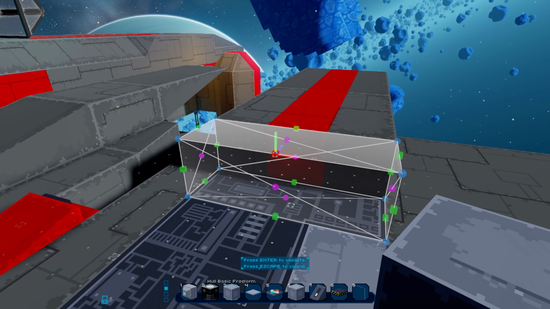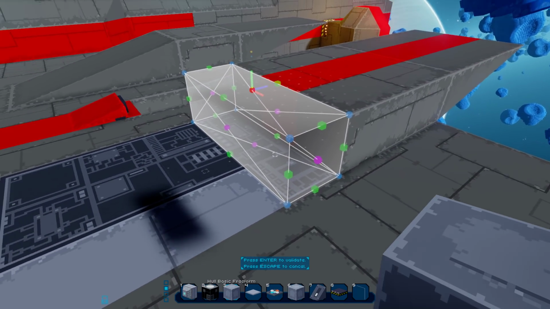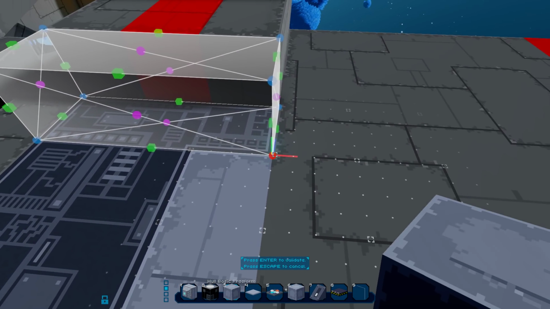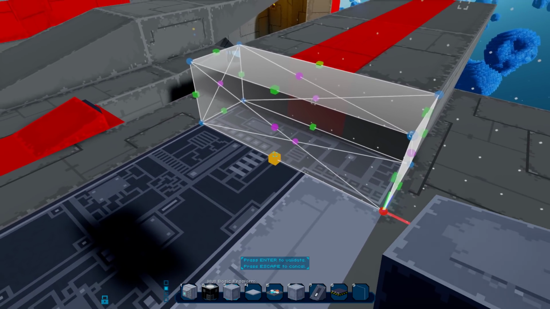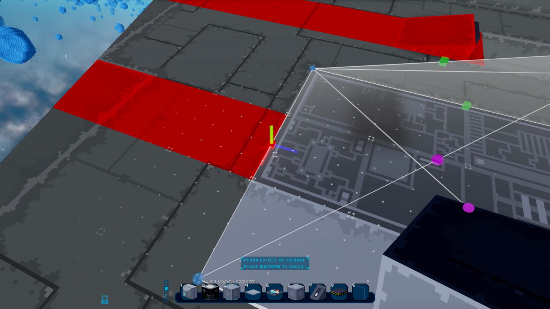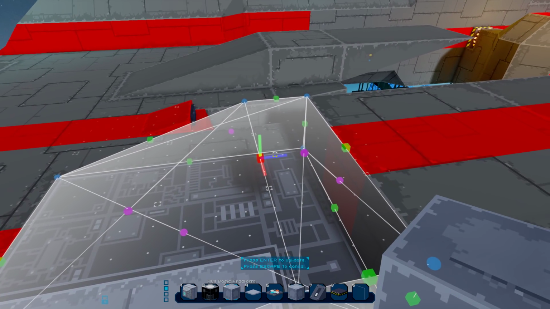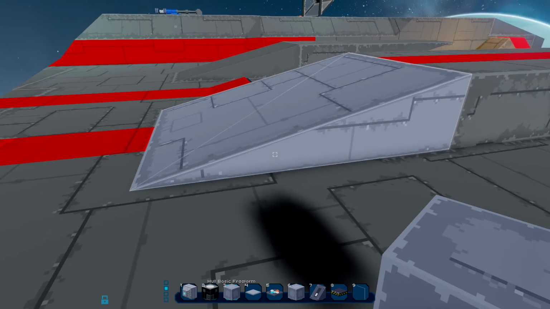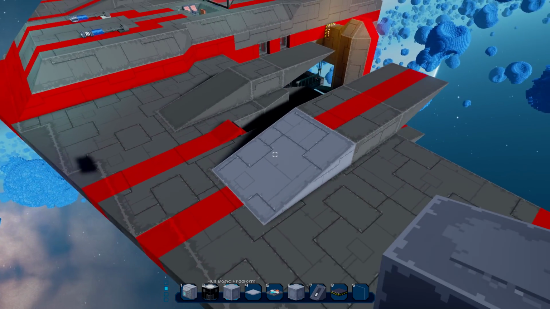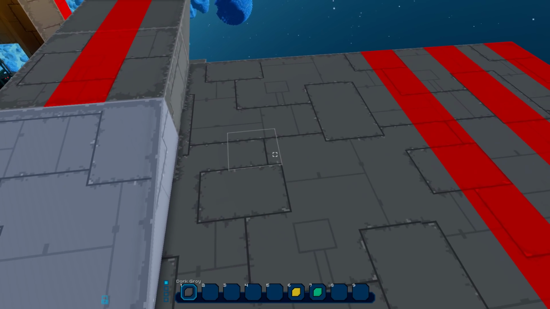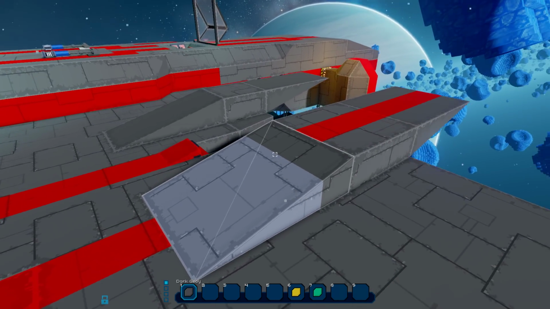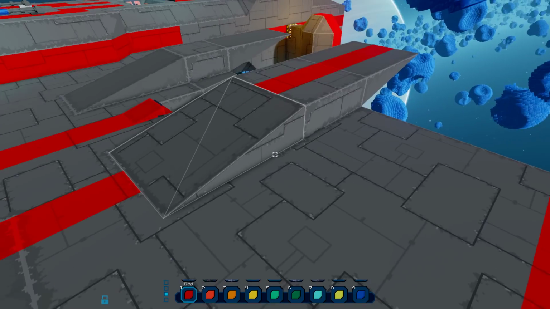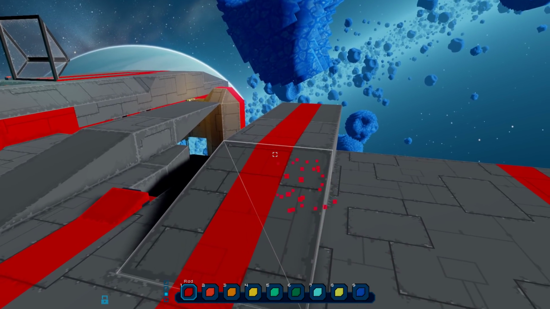So you can select face just like before, and you can select edge. So this is an edge, and you can select a vertex like that also, and drag them around. So let's continue to create our shape. Let's select that vertex like that, press enter, and then you have it. You have a nice little wedge with really the shape the way you want. And the cool thing is that you can really paint it like if it were a normal block. So just like that. Let's pick a red now, and yeah, it's really convenient.